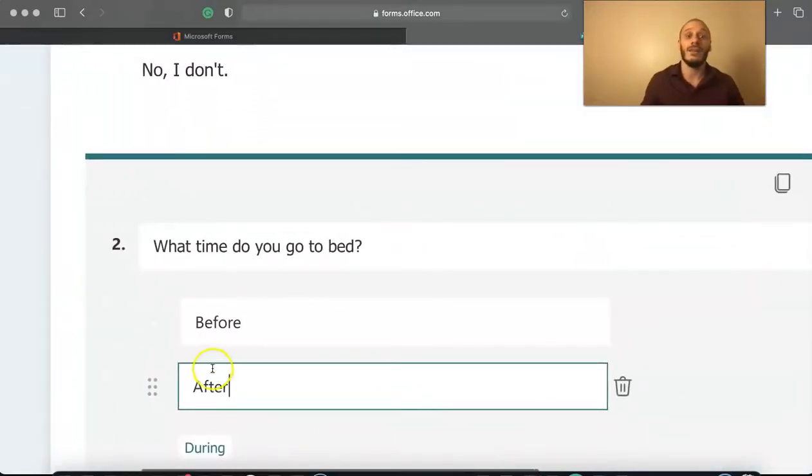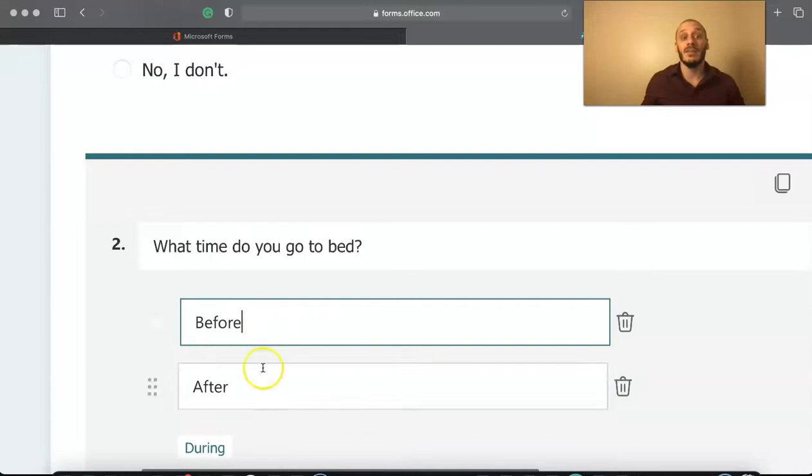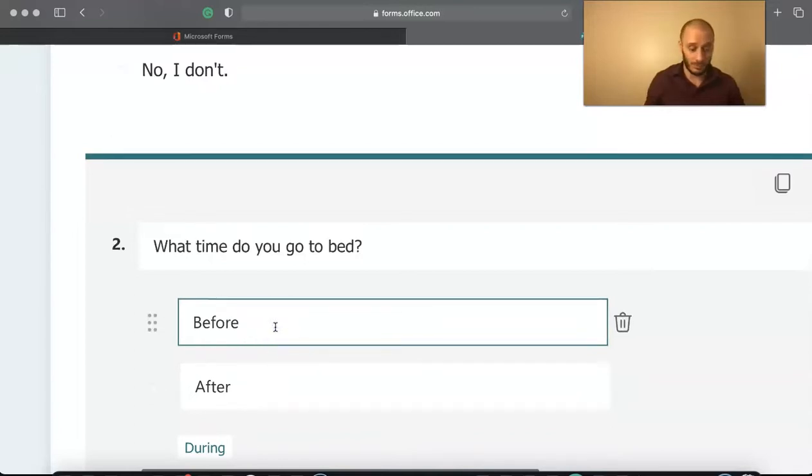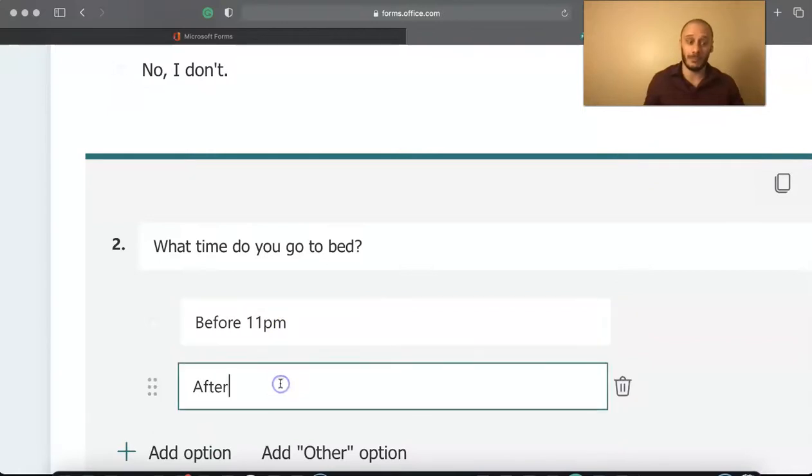And when you add the time, please, the same time for each one. So let's say before 11 p.m. or after 11 p.m. 10 o'clock, 12 o'clock, yani before, yani after.